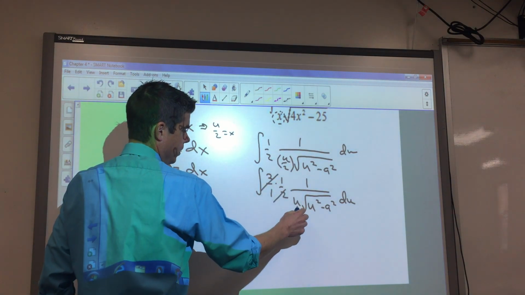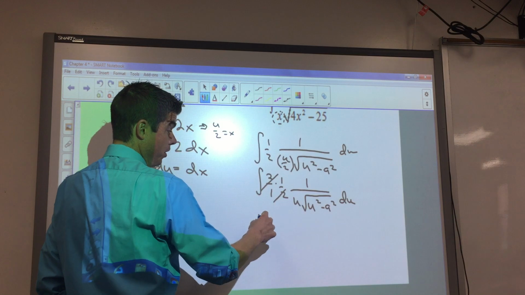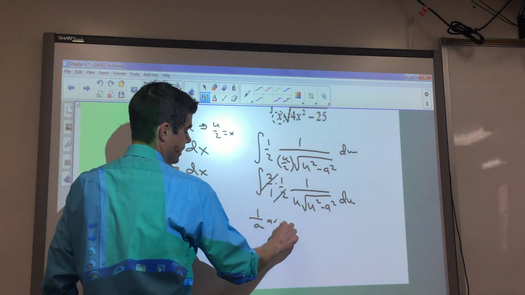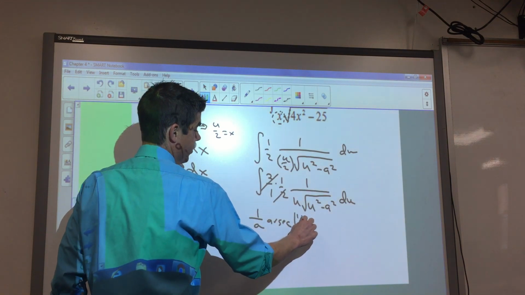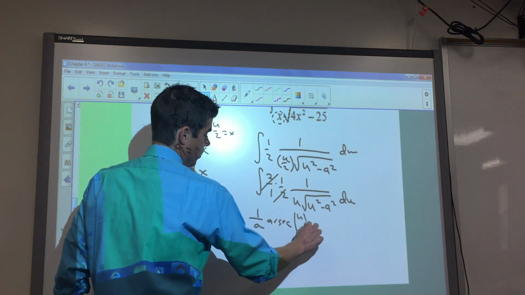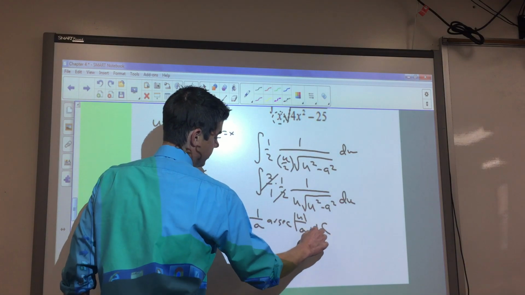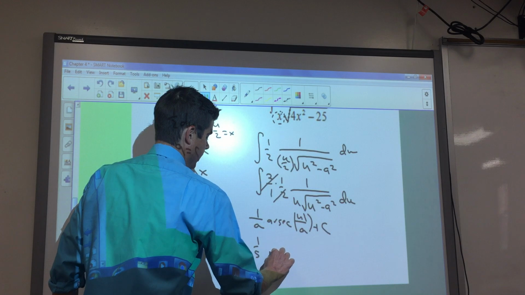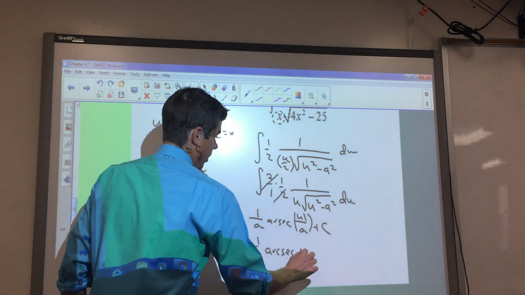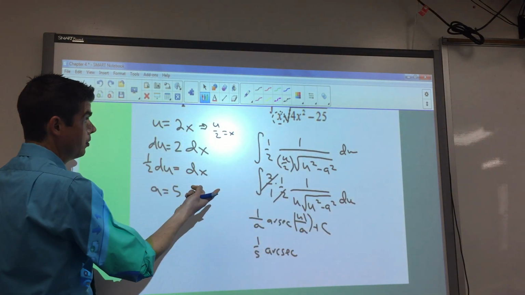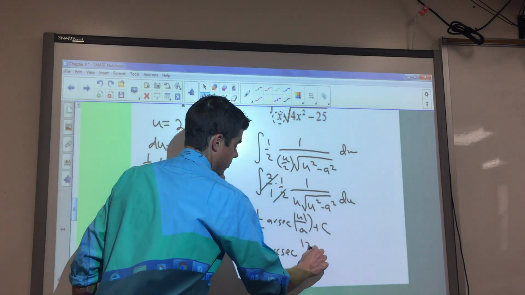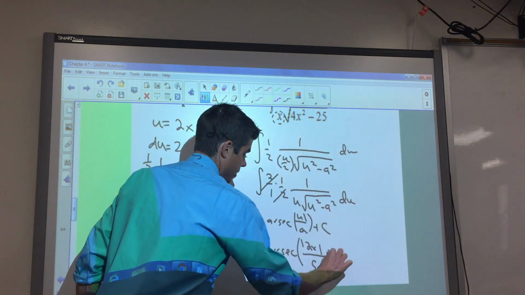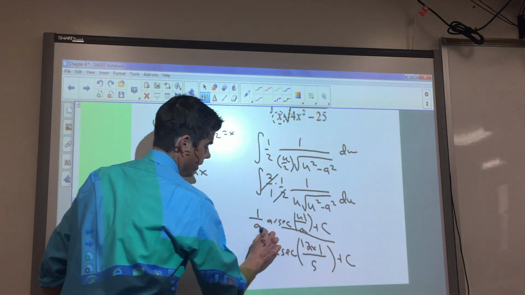These cancel, these cancel. So when I integrate that, we do get a 1 over a arc secant of the absolute value of u over a plus c. And so then our a value is 5, so we get 1/5 arc secant of the absolute value of u, which we said was 2x. We definitely need those absolute values over 5 plus c. Okay, so